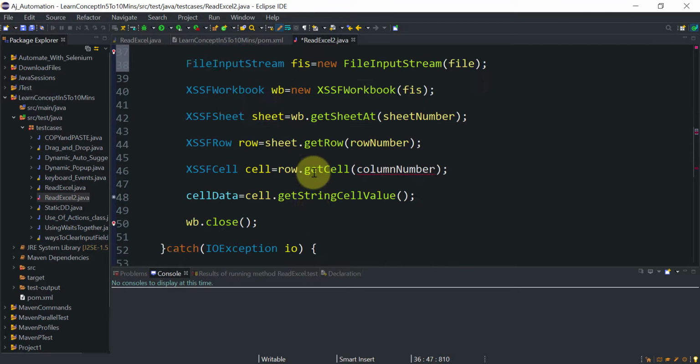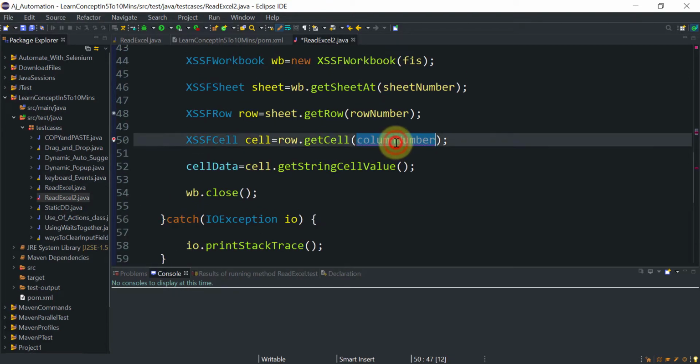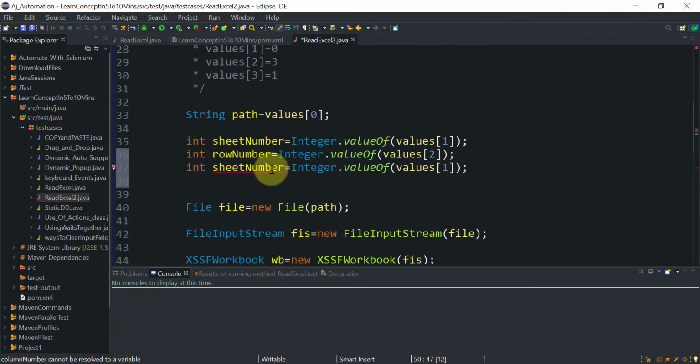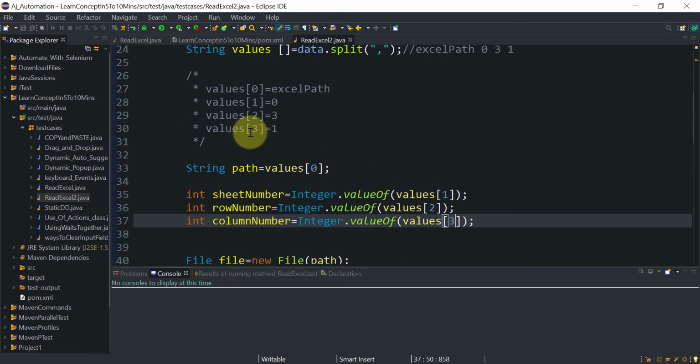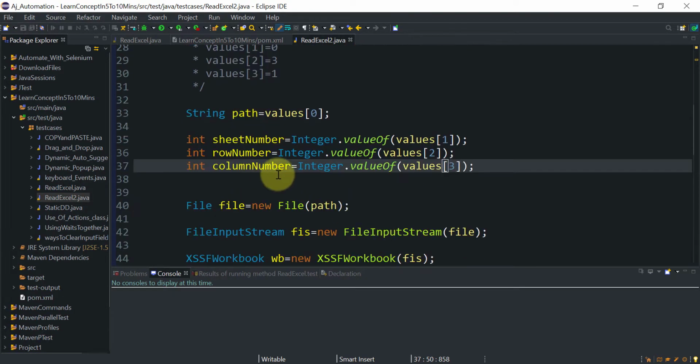That is our row number, and next will be our column number. That we will get from Integer.valueOf of values of the third index. Whatever value is stored at the third index, that will be our column number. So all the 4 values that we need are ready now.